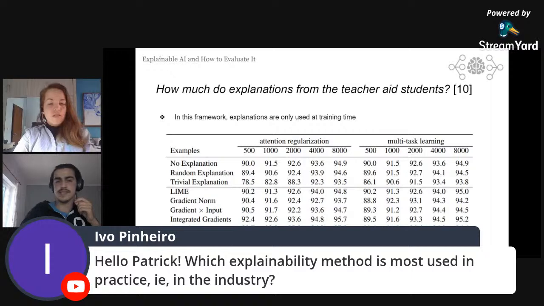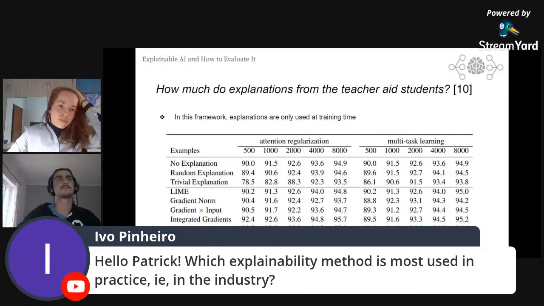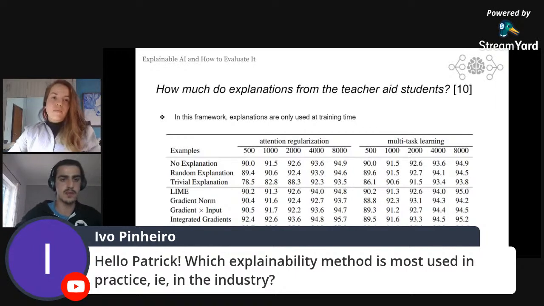For example, for medical industries, because explainability is such an a priori concern, and because of this faithfulness problem where we don't know exactly if the explanations tell us how the model's decision process works, when the explanations are crucial, people in the industry tend to go for naturally interpretable models, such as decision trees and SVMs, because these come for free with interpretability. But when we cannot do that and we require a deep learning model, so that explanations are not faithful by nature,